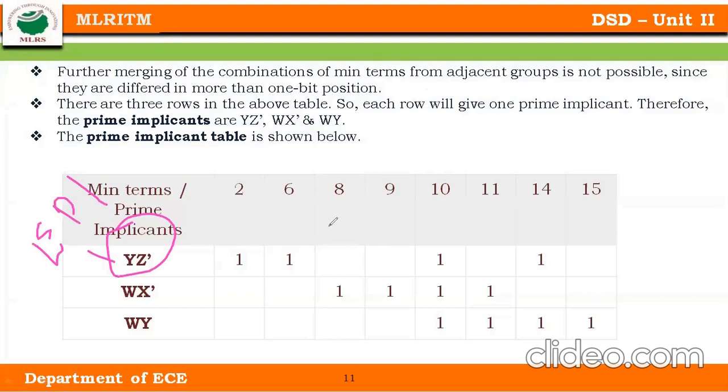As we have seen in the video with different examples, here we found what is an essential prime implicant. So this is an essential prime implicant we have. Then I need to remove that essential prime implicant from this table, and form another table with the remaining prime implicants. So what do I need to do here?